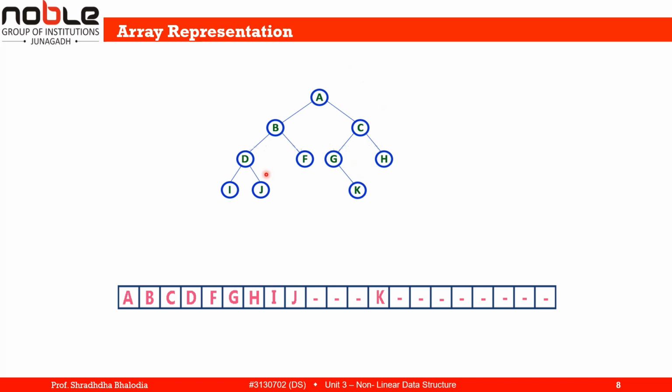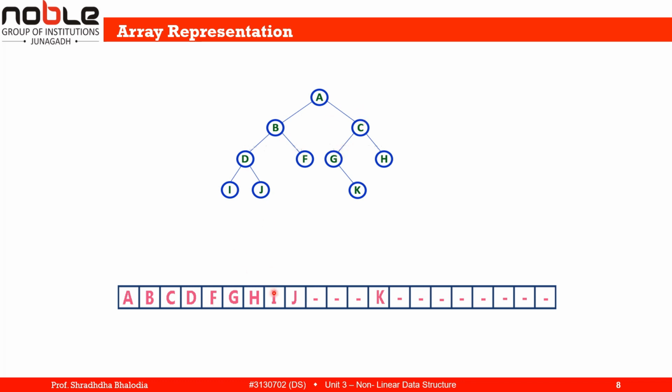First we start with array representation. So how can we represent binary tree in array? Here we start with the root node A, which is represented here, then left child B we can represent here, then right child C we can represent here, then again next take the children of B, so D, here are the next children F,